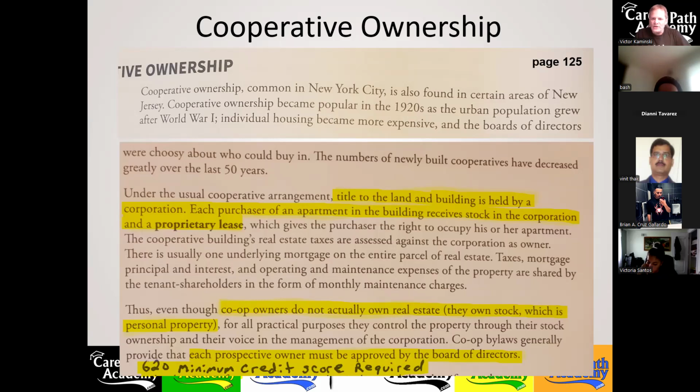The monthly maintenance charge on co-ops is much higher because the maintenance includes not only the regular snow removal and landscaping and the upkeep of the swimming pool and all those common amenities, but it also covers the underlying mortgage and taxes and insurance on the property that the corporation is still paying bills on. So that's why the monthly maintenance charge is much higher in a co-op than it is in a condominium.